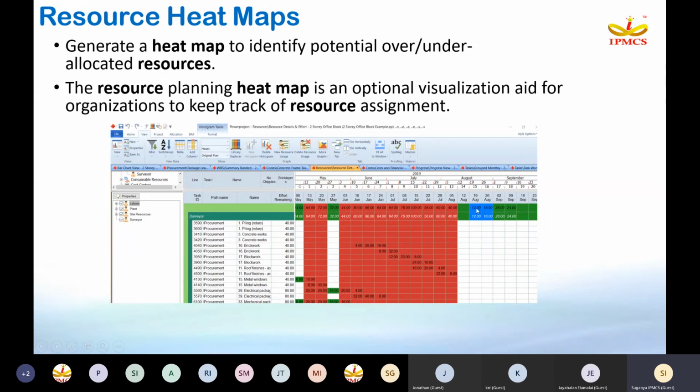Then if the resource is free, I need to engage this resource in some other activity on the particular days. These days he is available. So this is simply showing the availability of the resources information. So this is in the spreadsheet format.